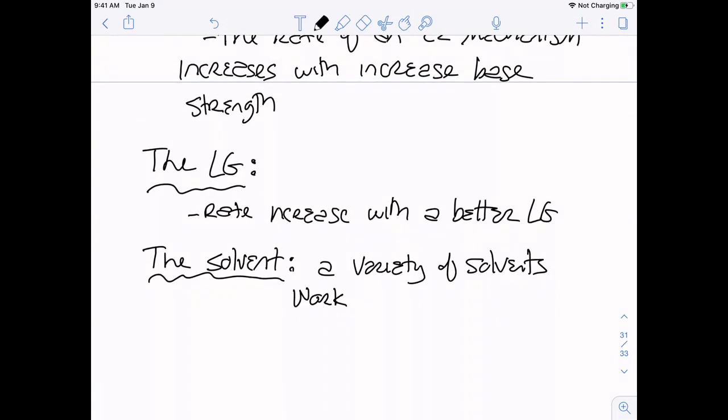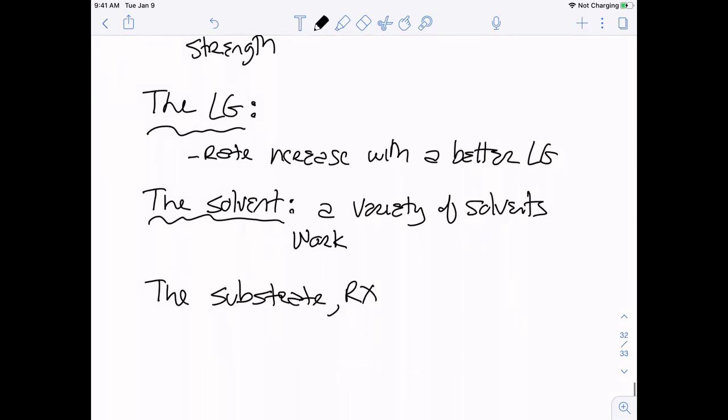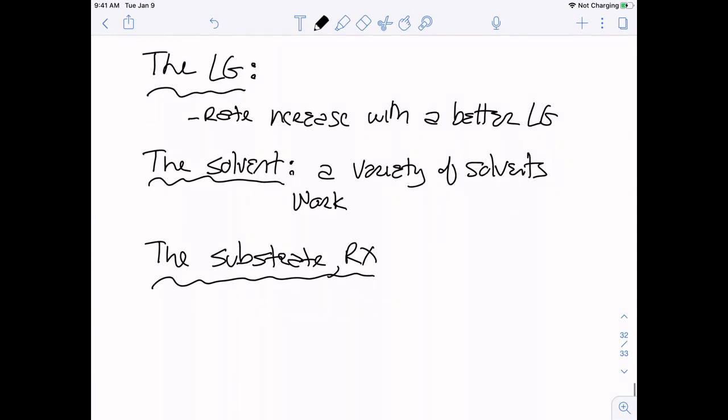The substrate. So the substrate being my alkyl halide. I might not have referred to it as a substrate before. If you're talking about SN1 and SN2 reactions, the alkyl halide can be your substrate also. The substrate is just the generic way of saying my main organic reactant. We are going to be doing substitution and elimination reactions with different functional groups yet this semester. So it could be that the substrate is an alcohol in chapter 9, that sort of thing. So the alkyl halide for now, but just so we can extend it to other functional groups, we can say